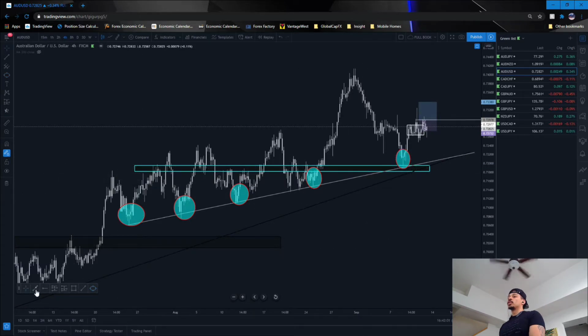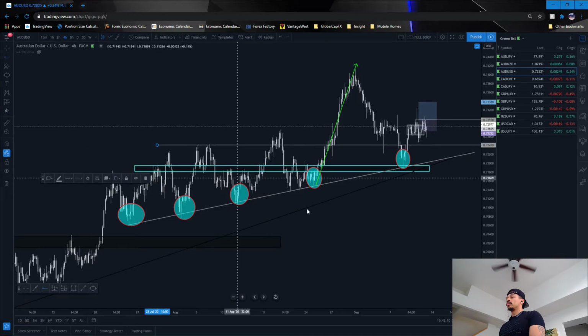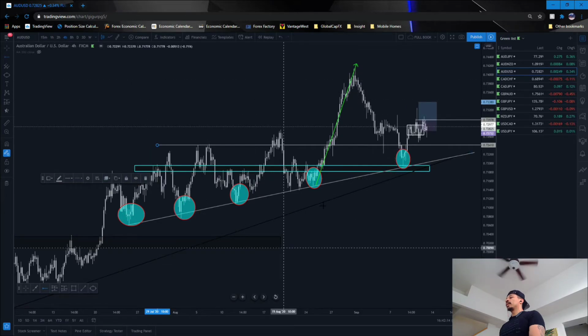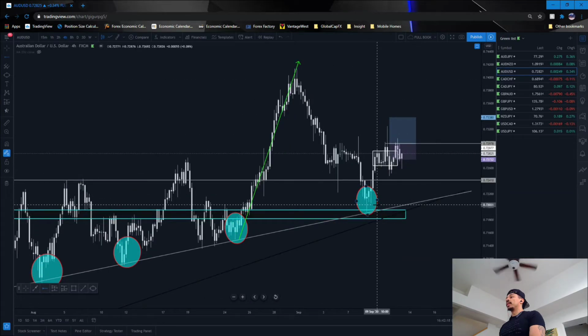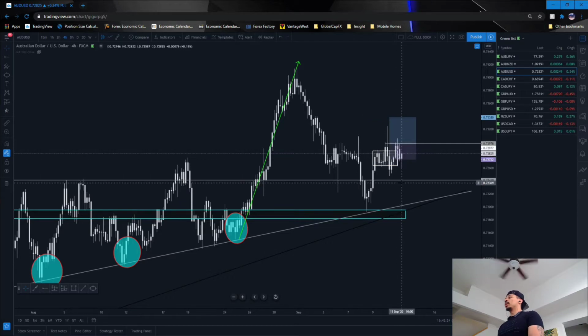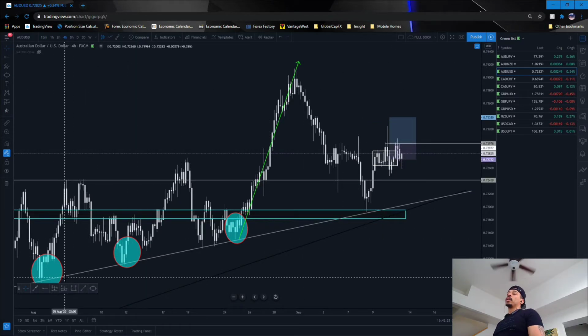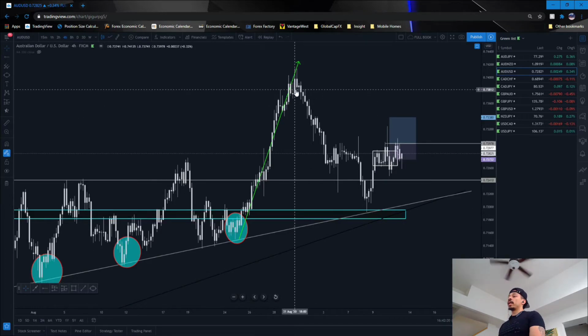Price made a strong, strong move to the upside, breaking this level right here, breaking this level right here indefinitely, and then came back down, and it looks like it's retesting my white trend line that I have right here, and it made another impulse up. So my anticipation is that price is going to at least go back up to its recent highs back in